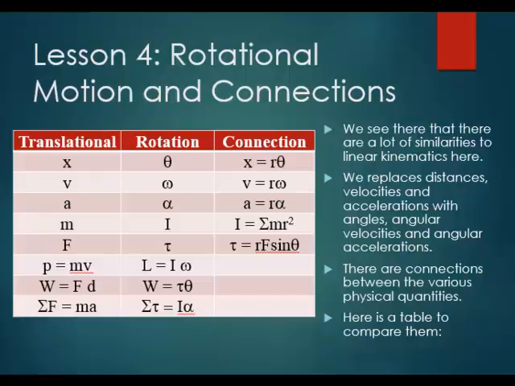In the translational we have x, in rotation we have theta, and the connection is if you're moving on a circle of radius r, x equals r theta. So then we have v, in the rotational we have omega, and the connection is v equals r omega. Our translational acceleration a, and our rotational acceleration alpha, and a equals r alpha. Mass is equivalent in the rotational system to what's called the moment of inertia, I, and notice it's a function of the mass and the radius squared. I will point out that I varies for different solids, and there's a table in the book to help out with it.